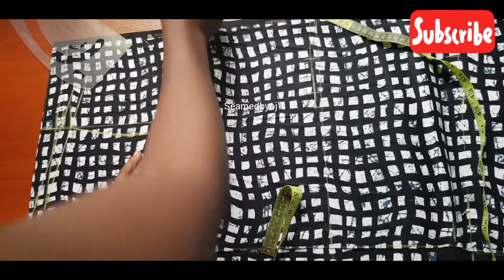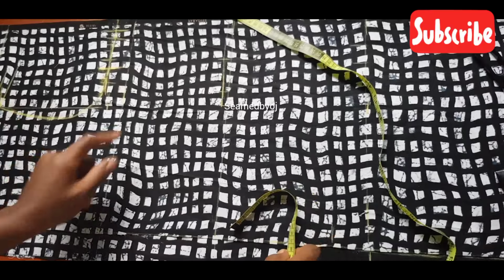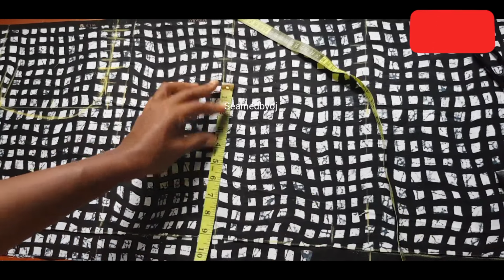So this is it here. So connect it this way. So this is the armhole curve, right? Now the next thing I'm going to do, on my waist here, I'm going to be marking my waist circumference